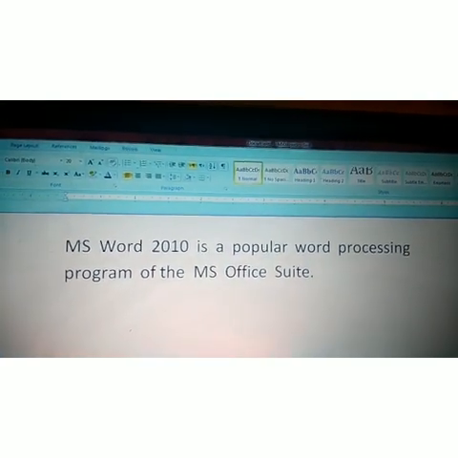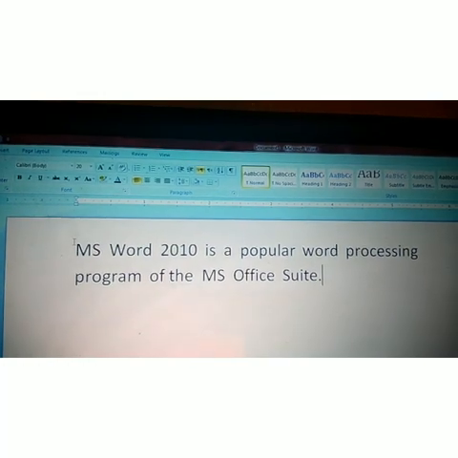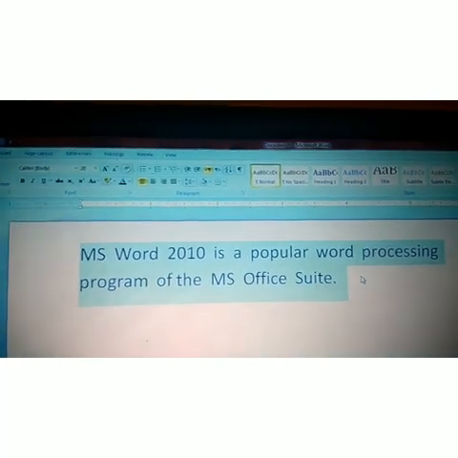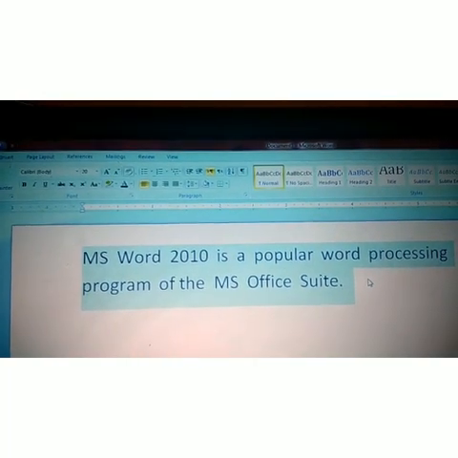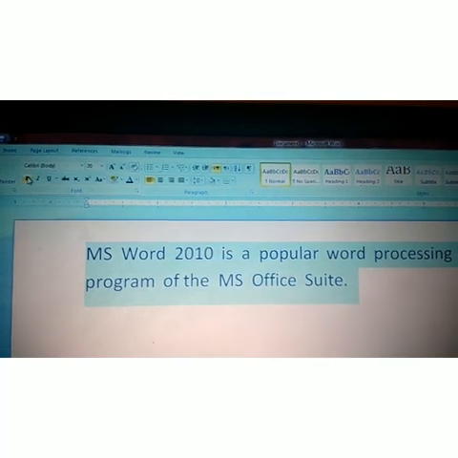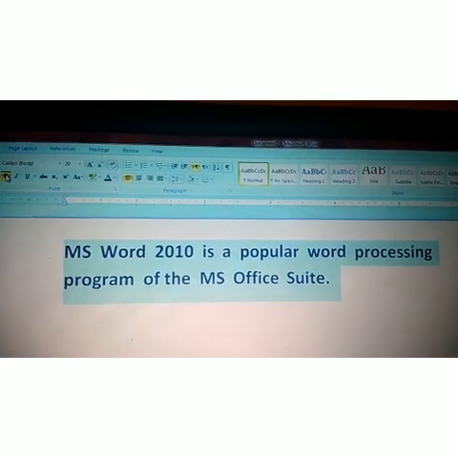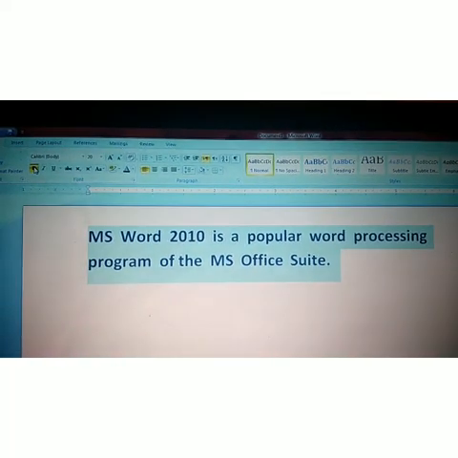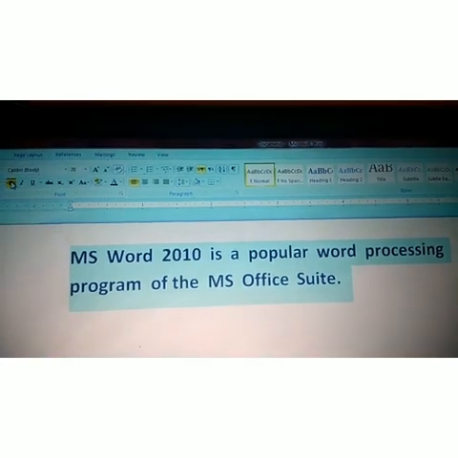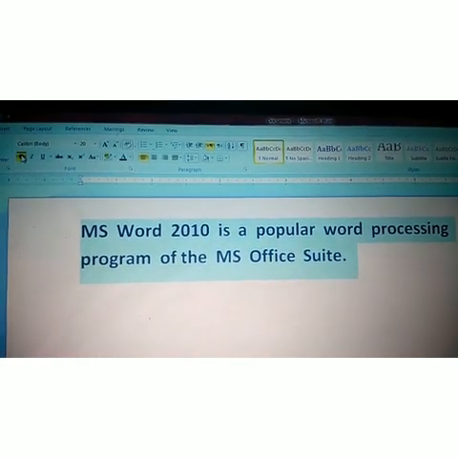To make the whole sentence bold, firstly we select all the whole sentences, and after that we click B, which means bold. Click and see. It changes to bold letters. The whole sentences change into bold letters.